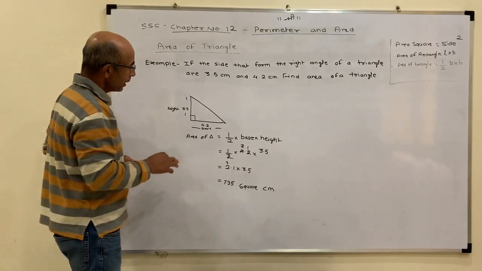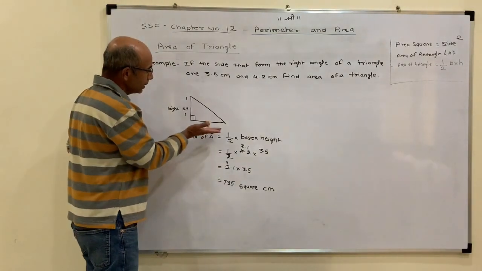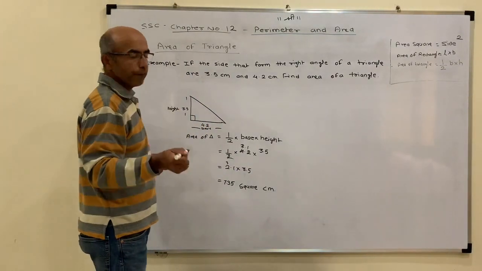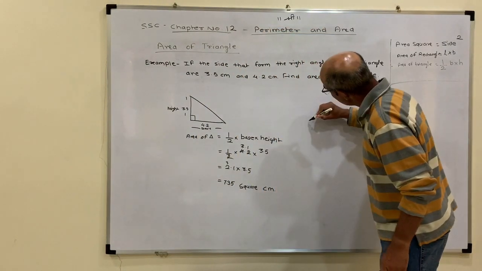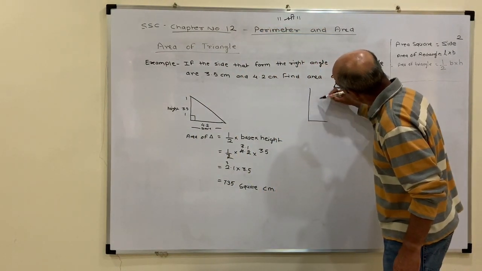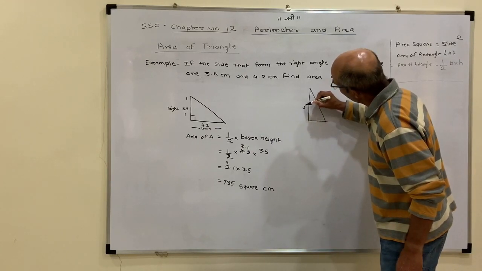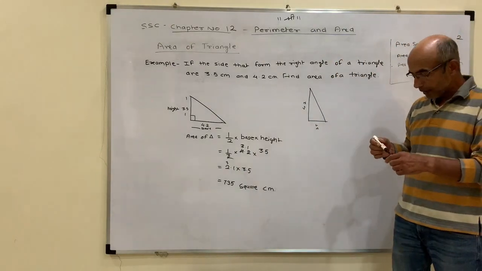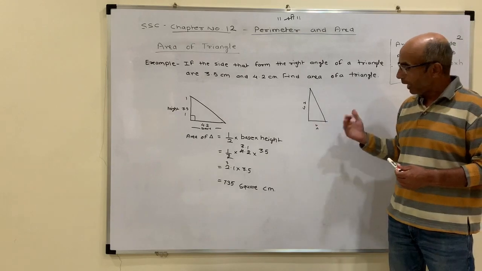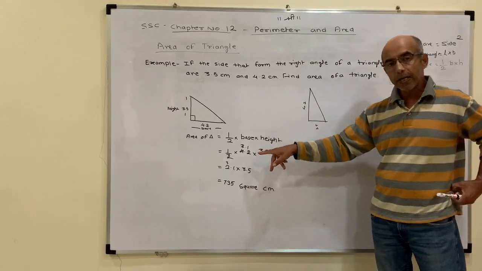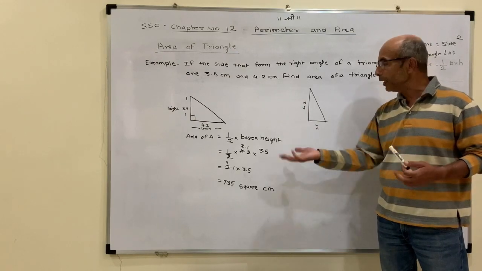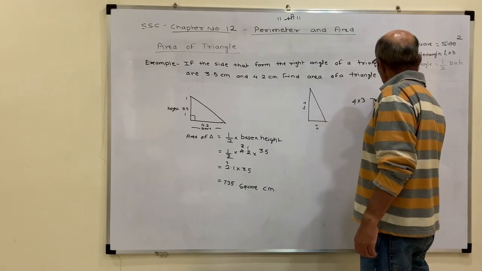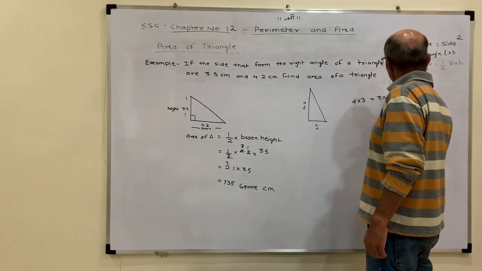In this case, you see, it doesn't matter whether you consider 4.2 as the base or as the height. If I put it in a different direction, if I put the larger portion as the height and the smaller as the base, still if this is 4.2 and this is 3.5, my area is going to be the same. So it doesn't matter which one I consider base or height. Ultimately, when we multiply two numbers, A into B is equal to B into A. So let's say if I multiply 4 into 3, that is equal to 3 into 4.